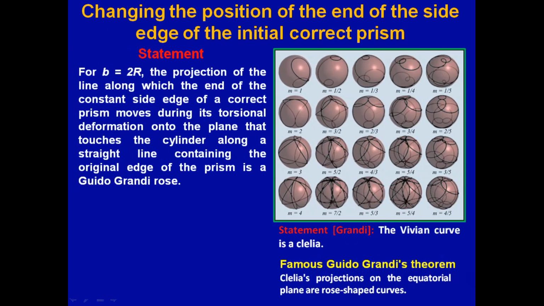Also, for lateral edges that equal the diameter of the circle described around the base, the projection of the line along which the end of the constant side edge of a correct prism moves during its torsional deformation onto the plane that touches the cylinder along a straight line containing the original edge of the prism is a Guido Grandi